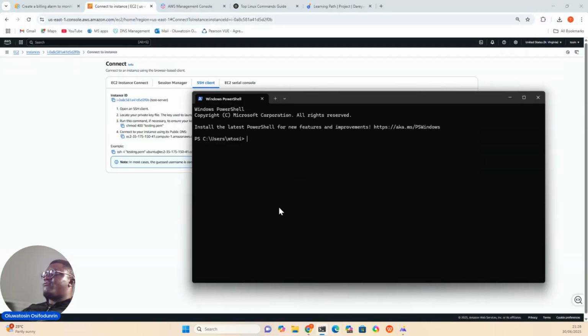So I have this right now. The PEM key that I downloaded while we tried to create our key pair file went into our downloads folder. One of the first few commands we're going to learn as we proceed is a command called cd. cd means change directory. At the moment I am here at c/users/mtosin. cd is used to change directory, and I want to change directory into my downloads folder,